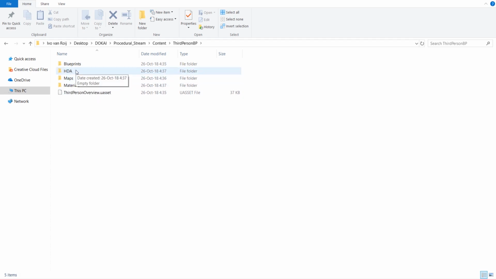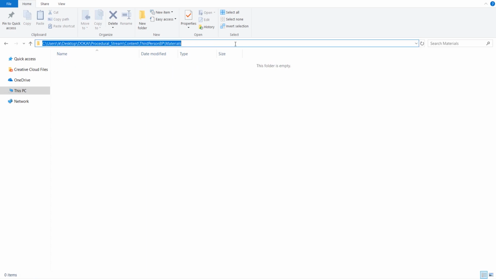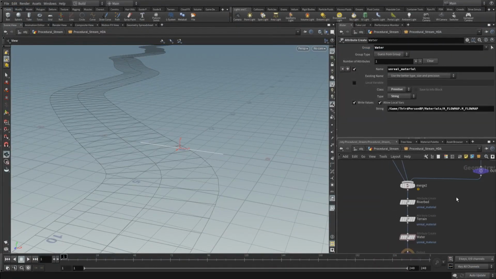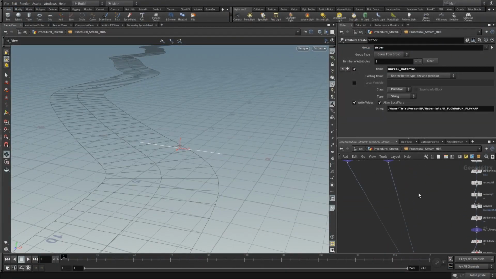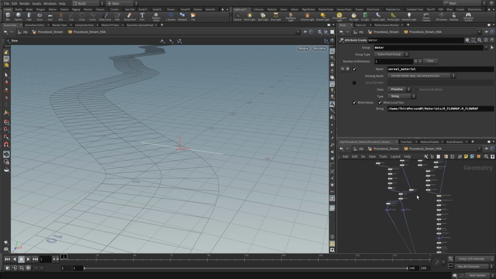And the most convenient thing for us would be to actually save our HDA either in here, so we can keep updating it and we don't have to reload it every time. Or the same thing for our materials. So in our materials, this path that I have here right now, I'm gonna copy it, so Ctrl C, and then later on when I'm going to set the flow maps,